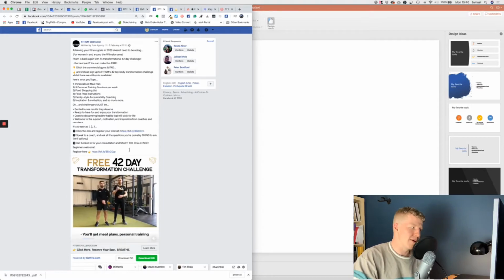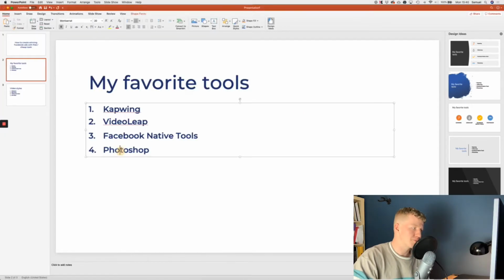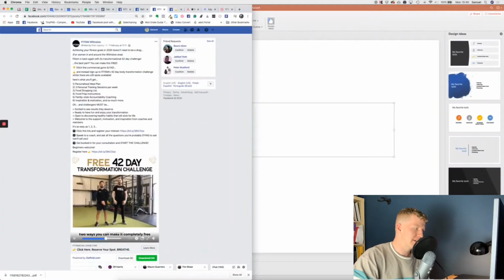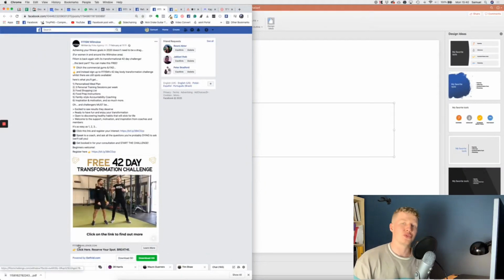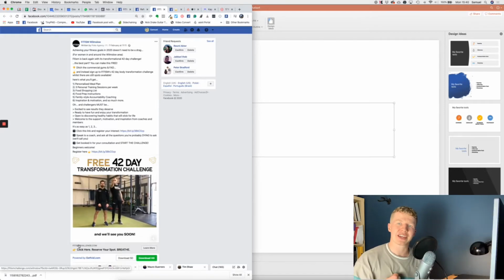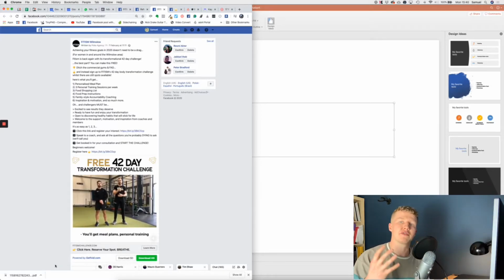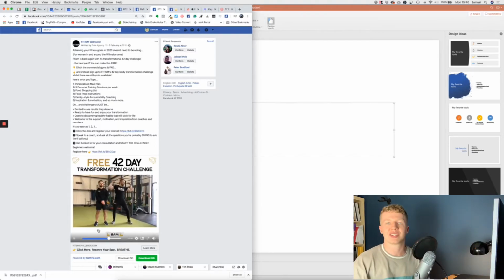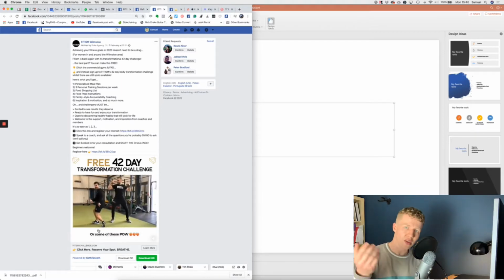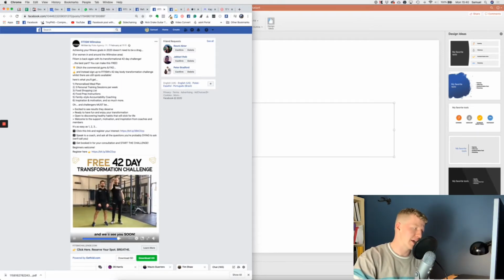What I've done is I've used Photoshop to create this overlay on top, and with that overlay, I've then overlaid that onto the video using Video Leap, which is an app. And if I can, I'll just have a screenshot recording of me using the app over the screen, so you guys can see. But I'll use Video Leap over the top to put the subtitles on for short videos. So if I've got a 1 minute long video, rather than waiting to get auto-generated subtitles, it takes me 10 minutes. I just whack it in Video Leap, add my Photoshop PNG over the top,